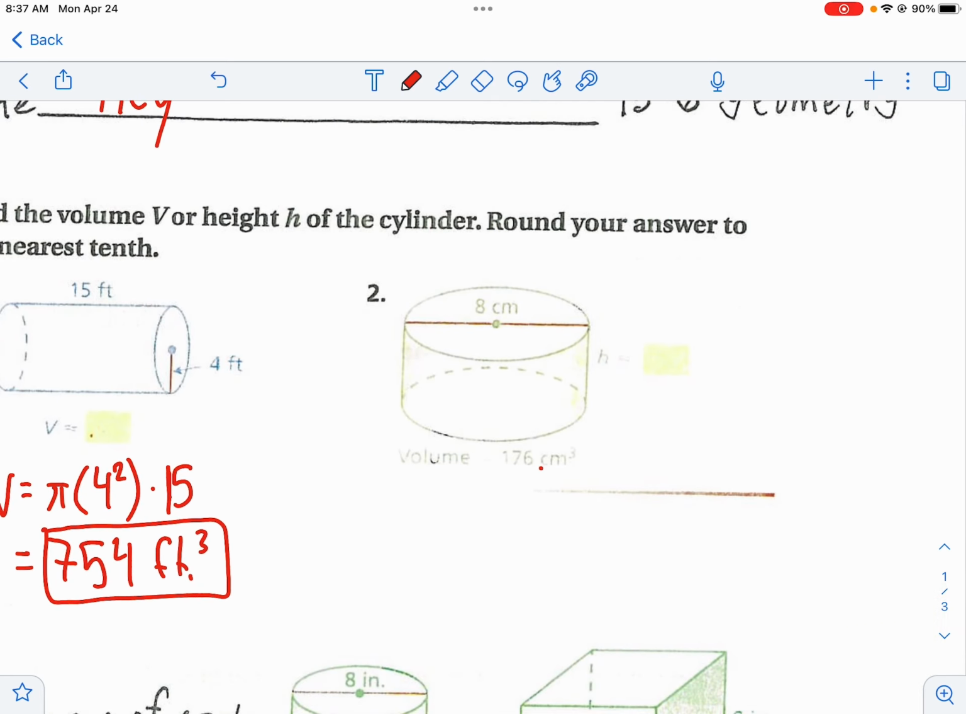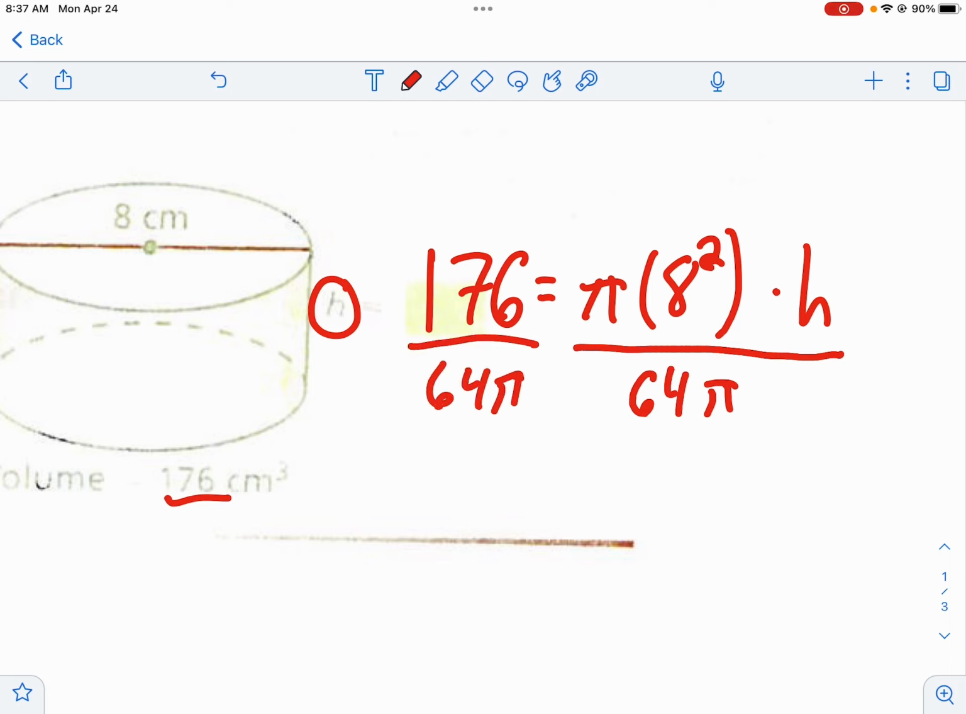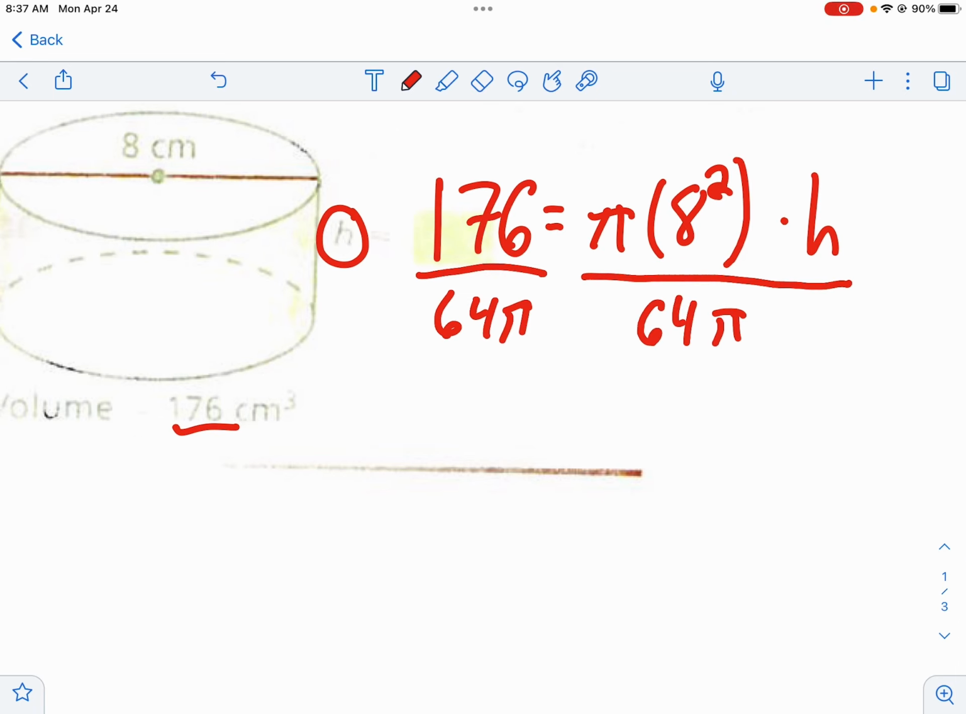Looks like we're given the volume. We do not have our height. So we would set up an equation like this: 176, our volume, equals pi times the radius squared times the height. Don't know the height, so we'll just use the variable h. We can go ahead and divide both sides by 64 pi, and that will give us our answer. So 176 divided by 64 pi is about 0.87. So 0.9, we'll call that